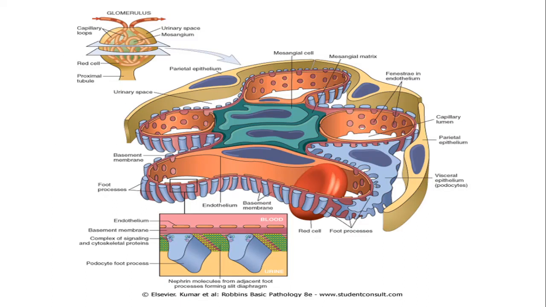So, just a revision of your glomerulus. Foot processes are equally important. If there is any damage to foot processes, it will lead to various nephritis. If there is damage to the endothelial covering, it will lead to various nephritis. If there is deposition of certain substances on various components of the basement membrane, it will hamper the function of the kidney. Or the mesangium: if it is damaged by any type of antigen-antibody complexes or antibodies, or sometimes cell-mediated immunity also, then it will lead to various types of glomerulonephritis.